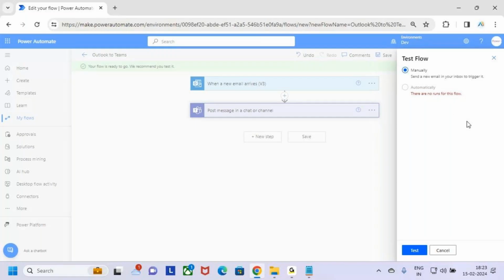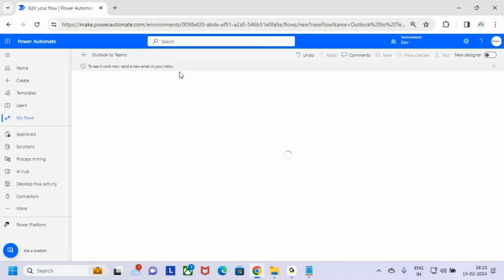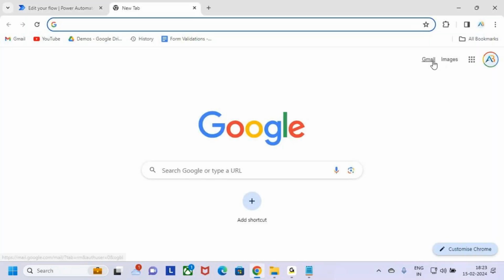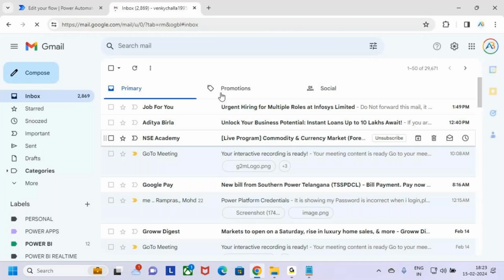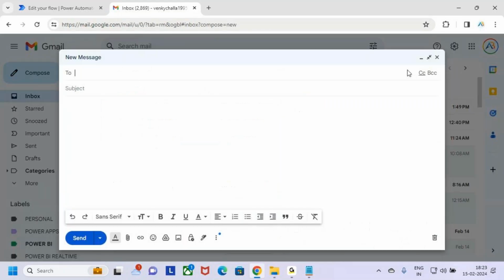Now test it manually. Select manually and click on Test. Now see, it is telling me to send an email to the inbox to see whether it's working. Whether the flow is working or not, go and send one email. Now let me open my Gmail account. I want to send one email here. To whom? To user